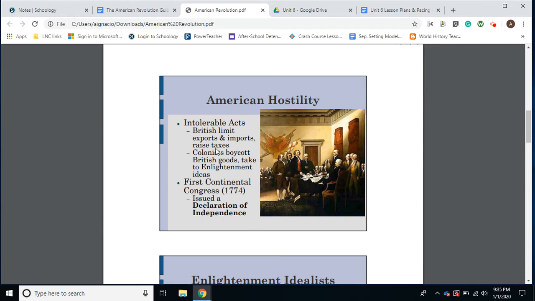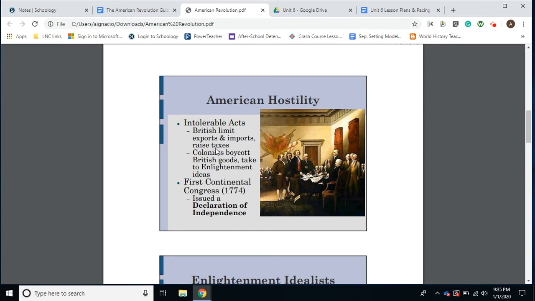We've already talked about some of the Enlightenment thinkers, so you're going to hear a couple of those and their ideas reflected in these notes. You're also going to look at it in the Declaration of Independence and the Constitution. So we're going to see how some of those ideas pop up there.